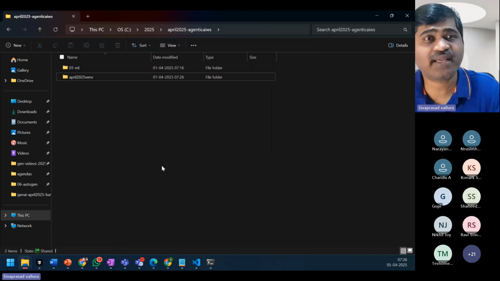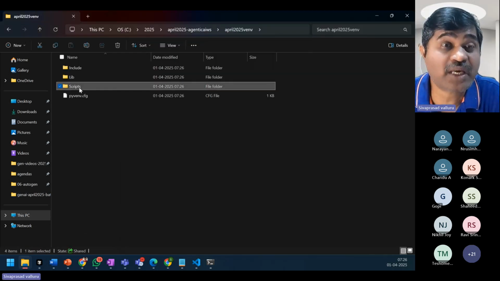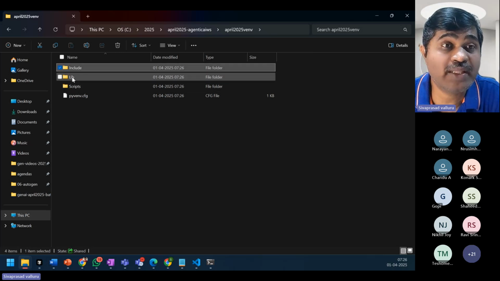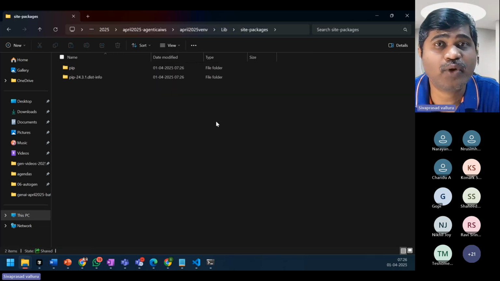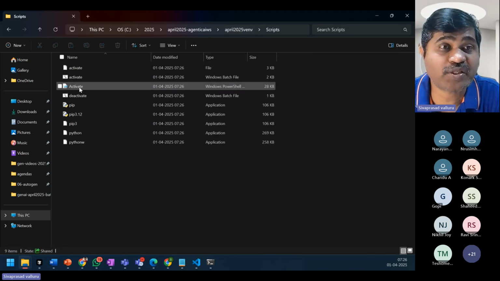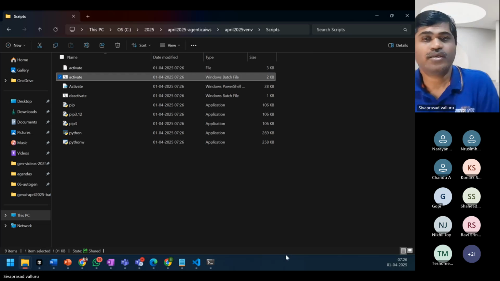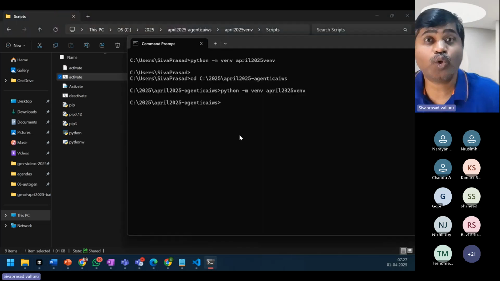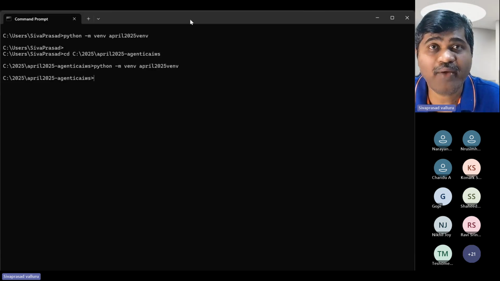Now if I go inside it, you can see that there is a lib folder, scripts folder, include folder. In this lib folder, you can see site packages, only this one right now. And if I go to scripts, there is a script called activate. So if I want to activate this virtual environment, what I have to do is